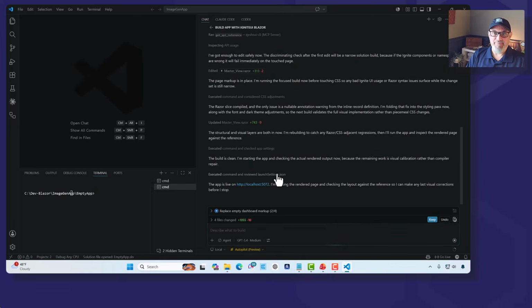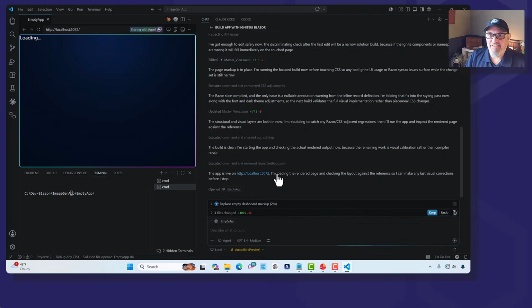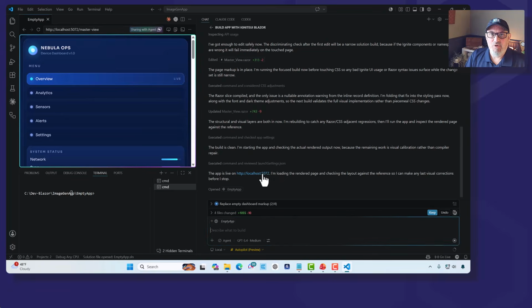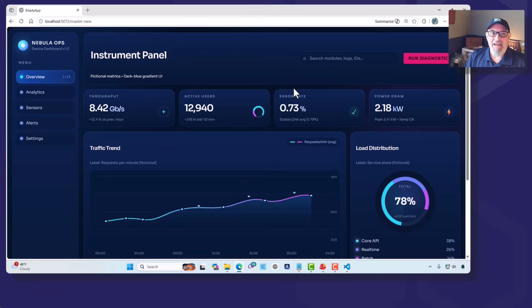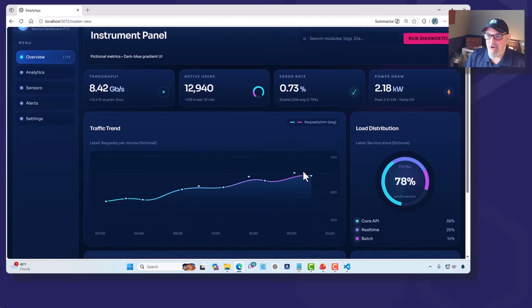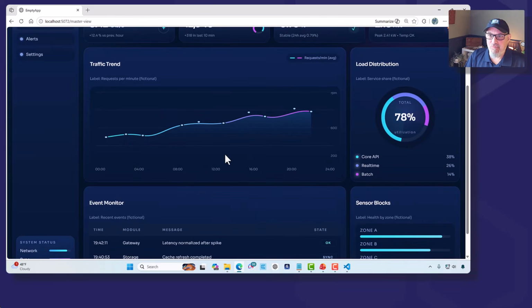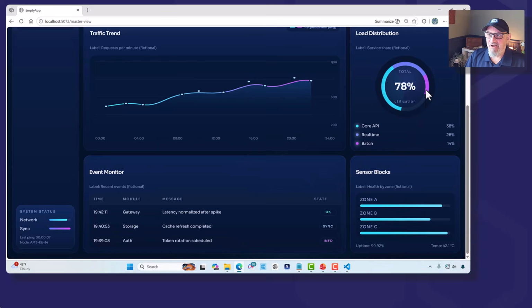And it looks like the app is live on localhost 5072. Let's go ahead and we'll open this up in our external browser. And that looks pretty good. So we've got a beautiful blue themed app. We have our cards across the top. There's our Ignite UI chart. There is our gauge. It looks like it didn't use the data grid here below, but if I go back